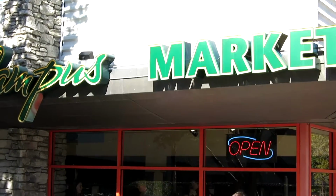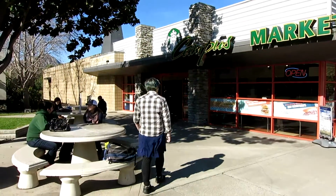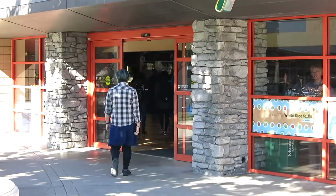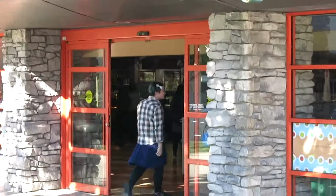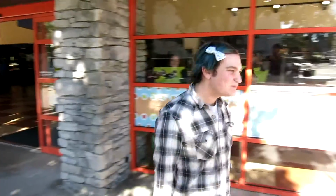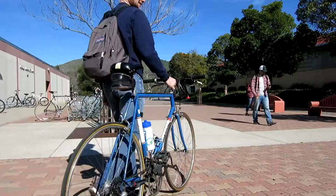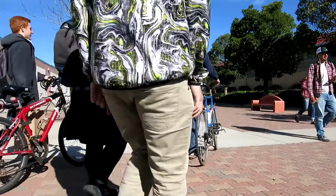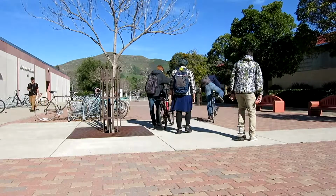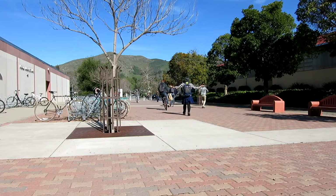Campus Market. Here you can buy a quick burger, a cup of coffee, or even Cal Poly's own chocolate. But most importantly for you freshmen living in apartments, it is here that you find the items to make a balanced and affordable breakfast. Through this video, we hope to communicate that limiting your Einstein's consumption and eating a healthier, homemade meal is not only a necessary part of staying on budget, but can also be a very simple and routine process. After all, with only $13.25 a day for apartment residents, one can only buy so many strawberry banana